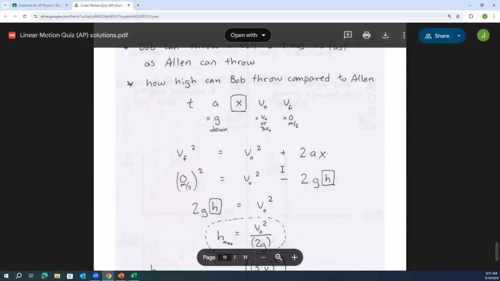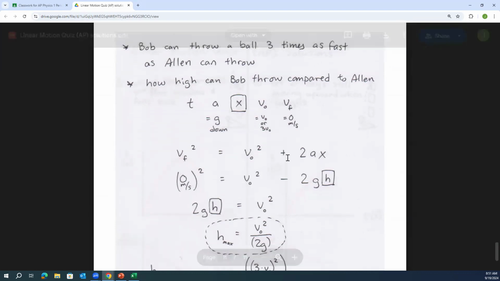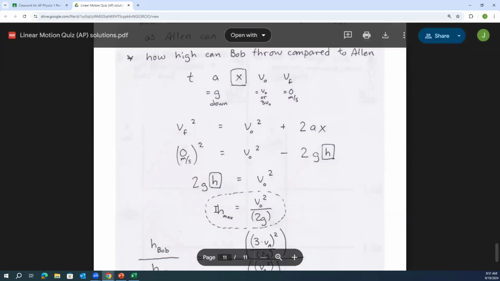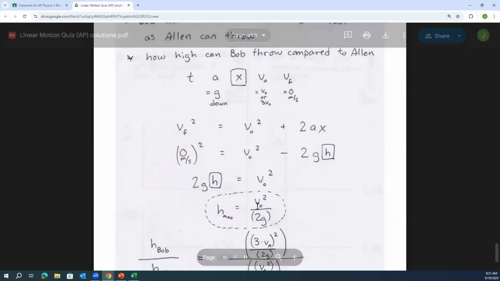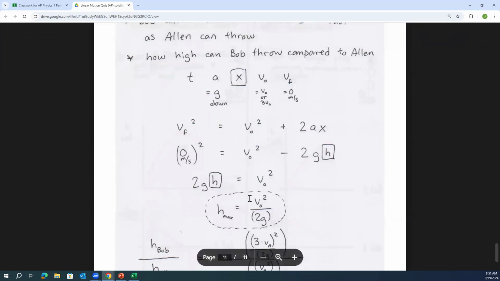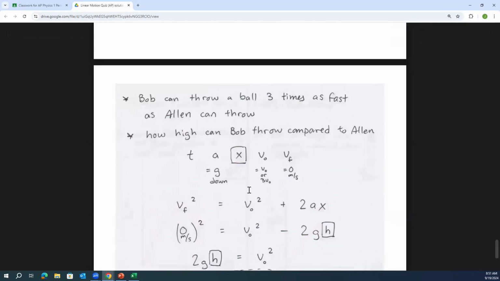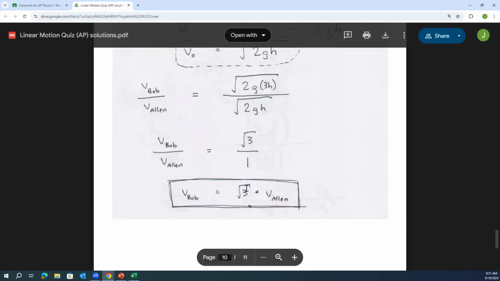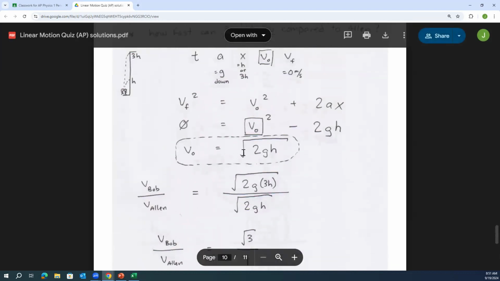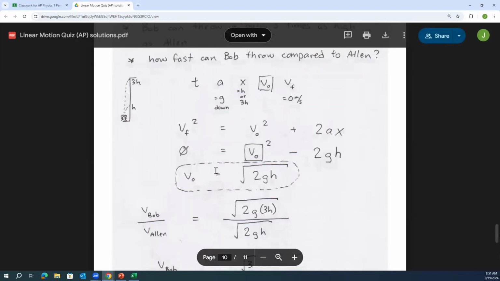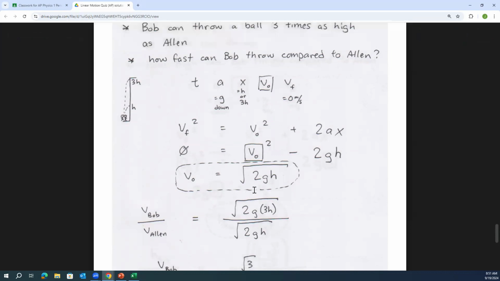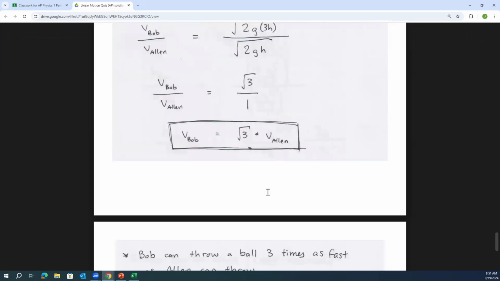Now it's going to be the same equation. Right? It's the same equation type scenario, except this time you're solving for h in terms of throwing speed. That's it. And you guys see I dash outlined that. Here, if I contrast, let me rewind a little bit. The question we've been looking at for the last few minutes has been kind of the opposite. If you know how high you can throw, how fast does that mean you're throwing? That's that square root 2gh.